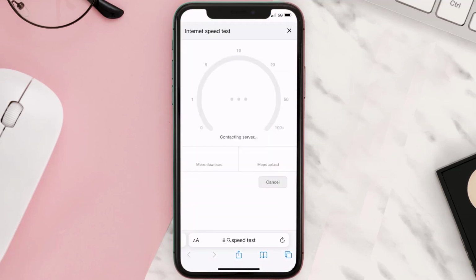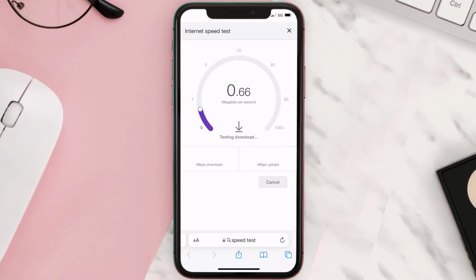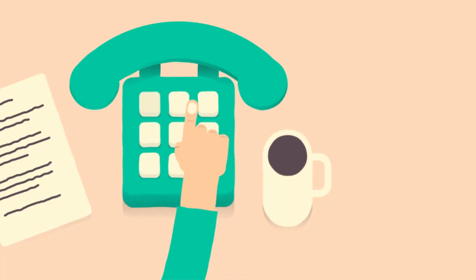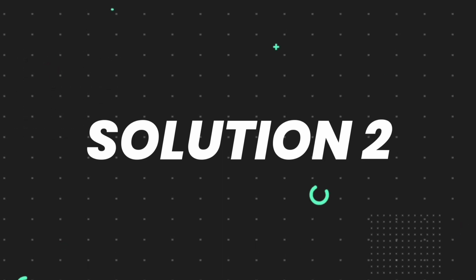The minimum speed required for Boxer mobile app is usually 2 to 3 Mbps. So if it's anywhere near or above this number, that's fast enough. If your internet speed appears to be unreasonably low, then you may need to contact your internet service provider for help. This should fix the issue, but if it doesn't, then you need to make sure you're running the latest